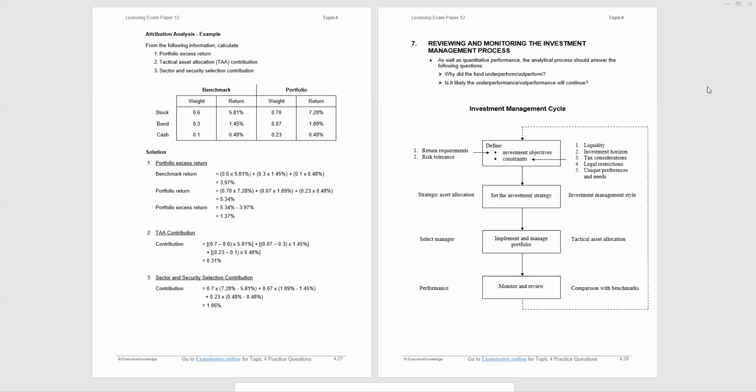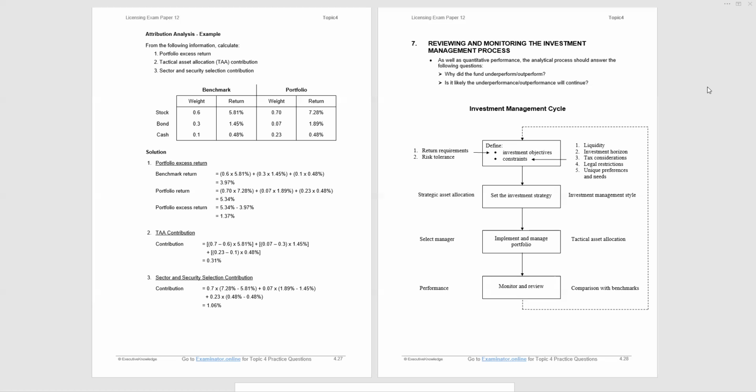Well, here we're looking at the difference in the benchmarks. So 0.7 minus 0.6. That's the asset allocation, the difference between what we actually went for and what we predicted, multiplied by the benchmark return, 5.81. And we do that for each stock, bond, and cash, and we get the contribution from tactical asset allocation of 0.31. Now, when we look at the sector and security selection contribution, we're looking at the differences in the returns